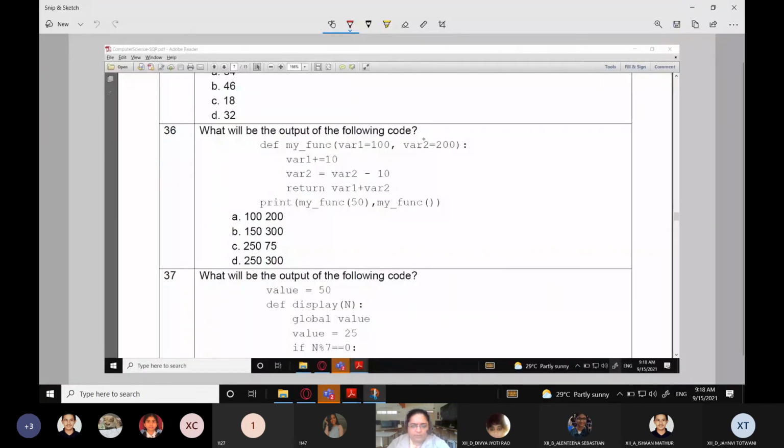What will be the output of the following code? Now code is given def myfunc. So our program will execute from this point. Print myfunc 50. So that means now it will be called with 50. Both are which type of arguments? Optional arguments. For the first one, now this 50 is being passed, which means this 50 will be taken by var1,